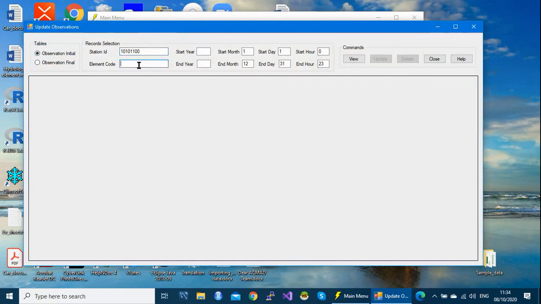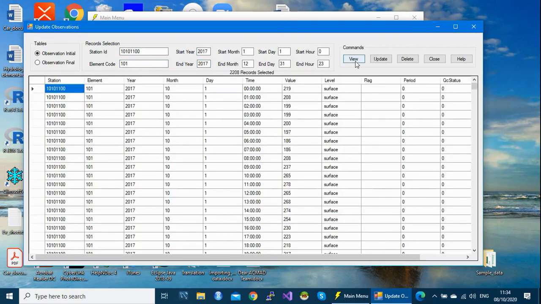The element, you can decide, it is element 101, and the year is 2017. If you view, you see our data are here.